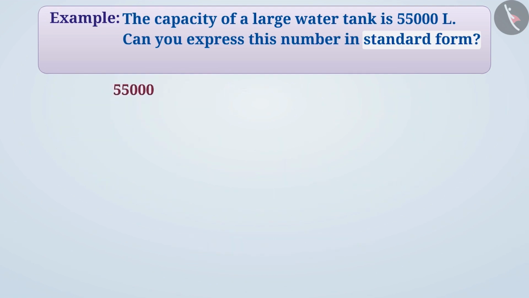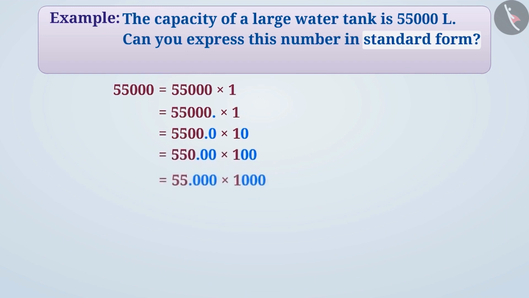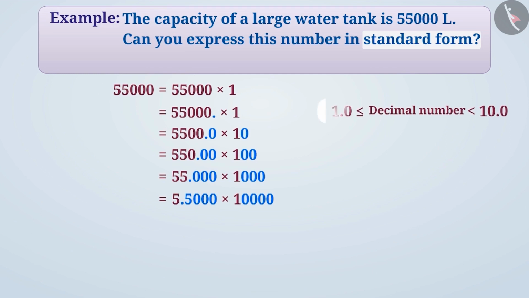Let's look at another interesting method to obtain the standard form. To express this number in standard form, we will write this number as. Then, we will place a decimal point after the number. Next, we shift the decimal point one by one towards the left. To keep the value of the number the same, we keep multiplying it by 10, which we will show by increasing the number of zeros placed to the right of 1.